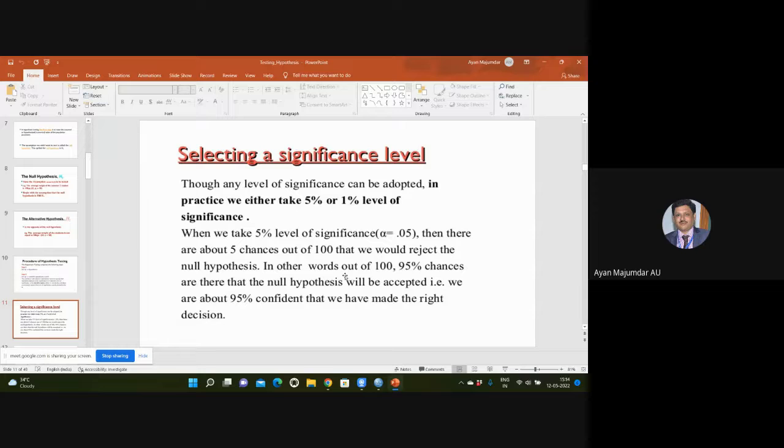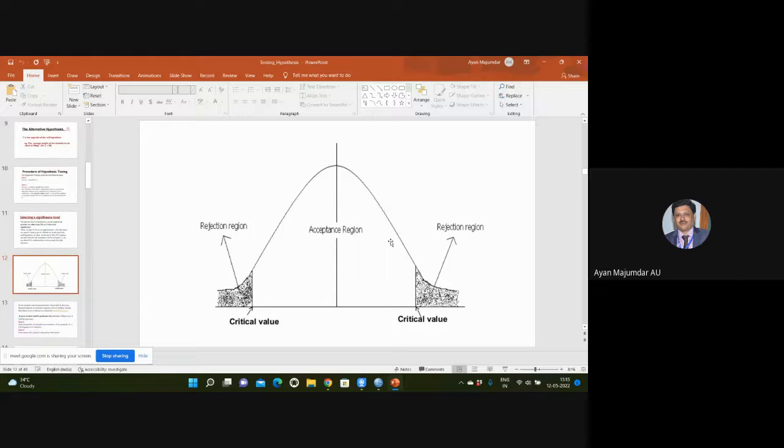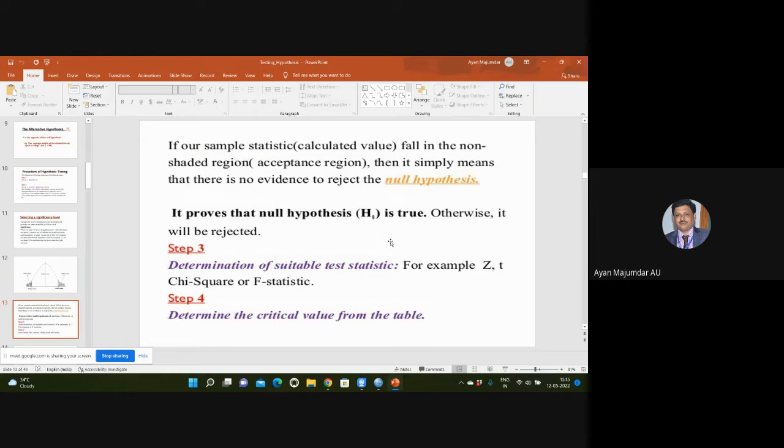That significance level can be anything, but generally 5% or 1% level of significance is used. Significance level is denoted by alpha. So, hypothesis developed, the significance level is set up. Now, once the significance level is set up, then we will